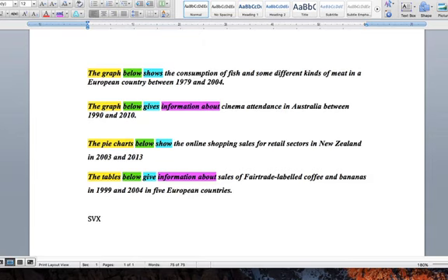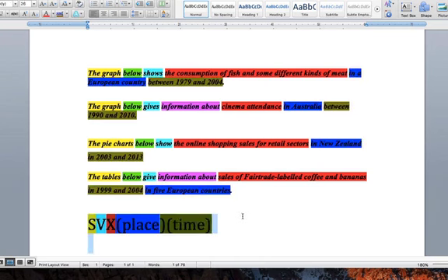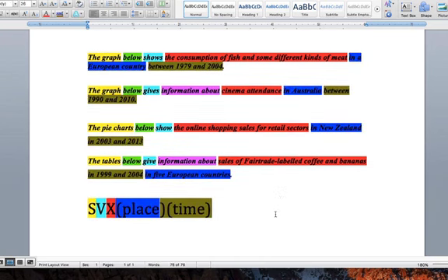And then comes the really important part, a big noun phrase for X. Remember SVX? S is the yellow, V is the blue, and X is the big noun phrase. I'll make it a different color. So what are our noun phrases? All the way up to there. Then preposition phrase of place and preposition phrase of time. Like that. Okay, I hope this doesn't look a bit confusing, a lot of colors, but I just wanted to show you it's all the same structure.